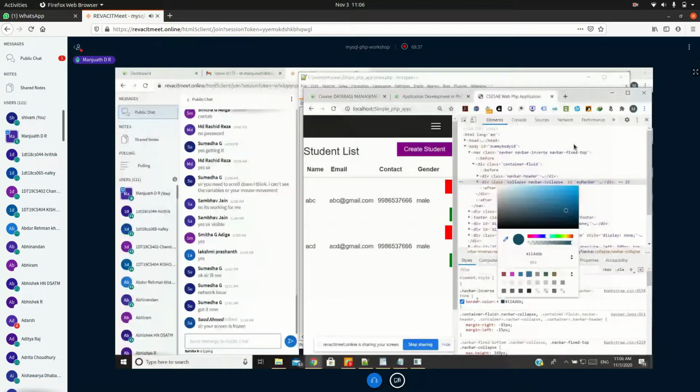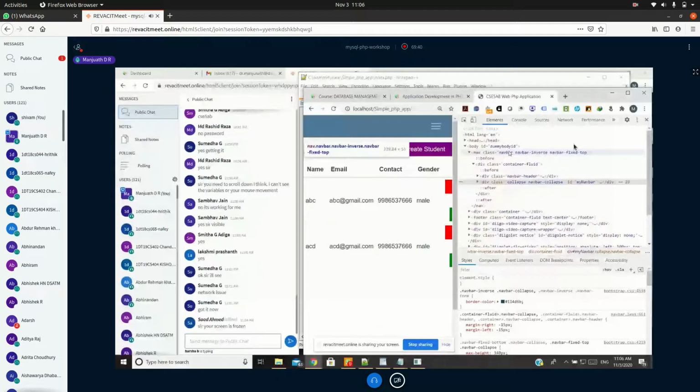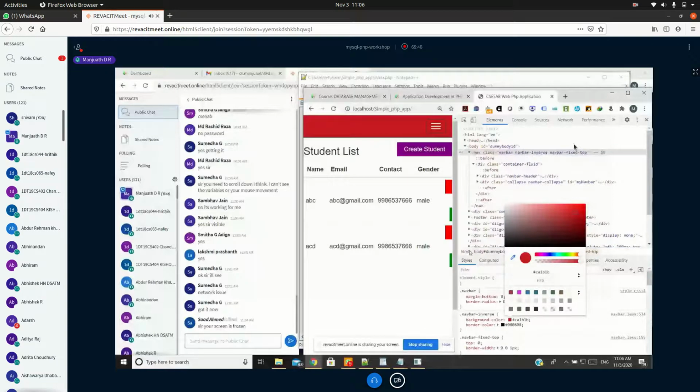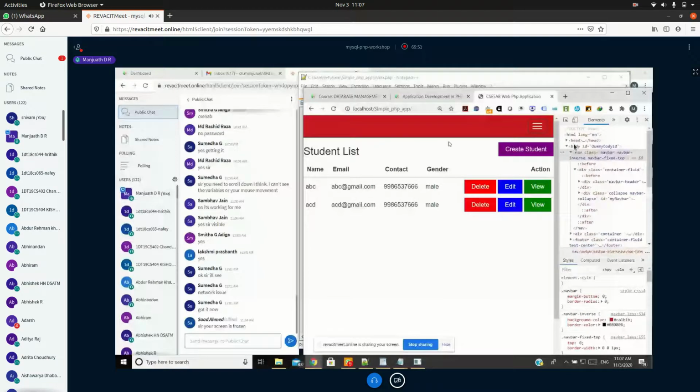So this is my border color. Better you just select the navigation bar, and the background color is black. You can make it whatever color you wish. Just first inspect it. If you like those colors, or for your report, then you just modify it in your CSS file. That's how you can debug and give beautifulness based on your interest. This is the easiest way you can work with your user interface. If you solve it by inspecting size and everything, and you like it, you just add it to the permanent file. That's what you have to do.